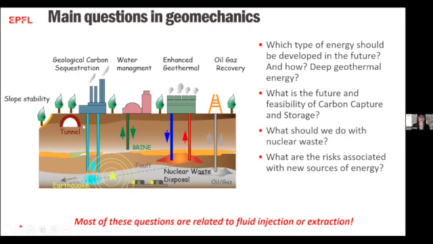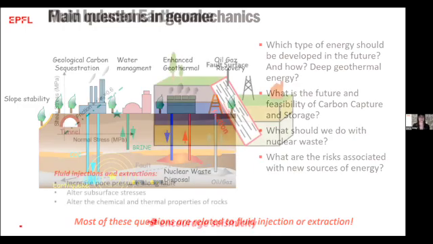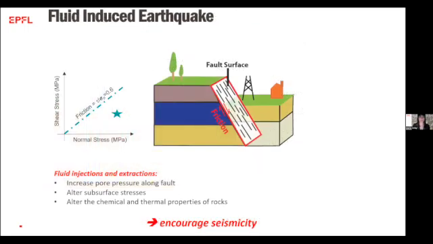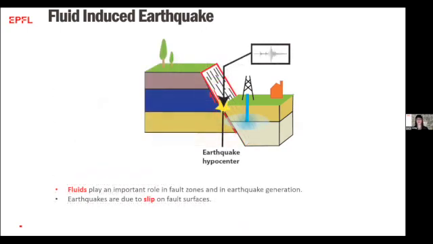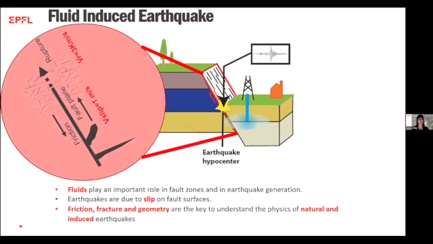And of course, we try to answer what are the risks associated with this new type of energy. On the diagram on the left, you can see that most of this energy is associated with fluid injection or extraction. However, fluid injection and extraction can increase pore pressure along faults, reduce normal effective stresses and reactivate faults, alter subsurface stresses, and alter the chemical and thermal properties of rock. Therefore, they can encourage seismicity. So fluids play an important role in fault zones and in earthquake generation, and these earthquakes are due to slip on pre-existing fault surfaces. So therefore, friction, fracture, and geometry are the key to understand the physics of natural and